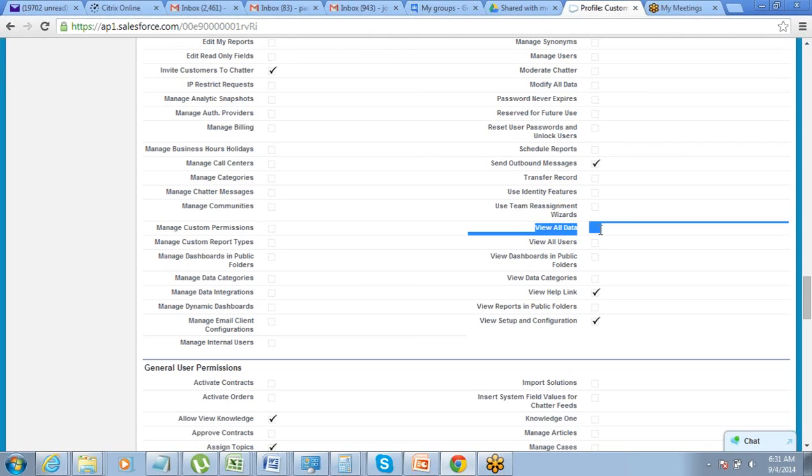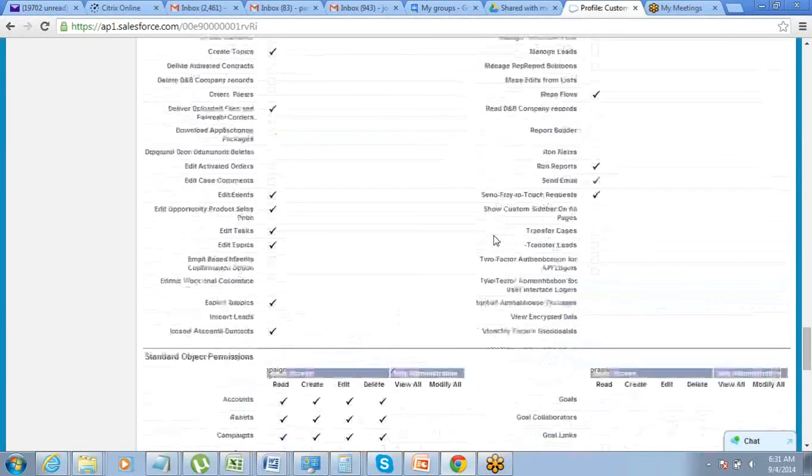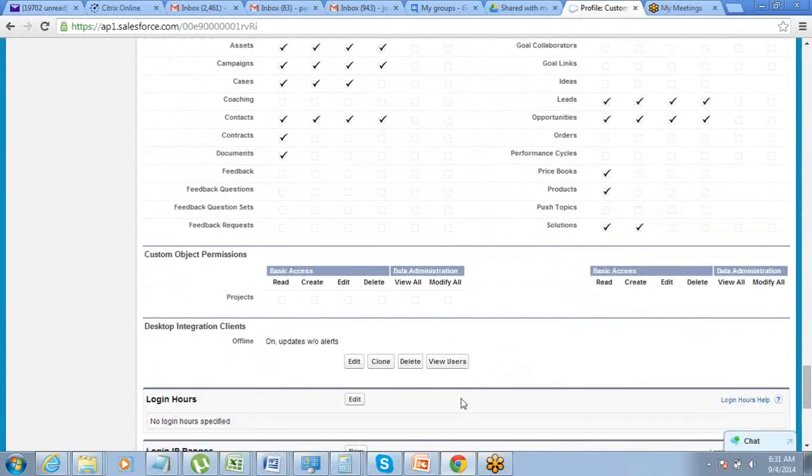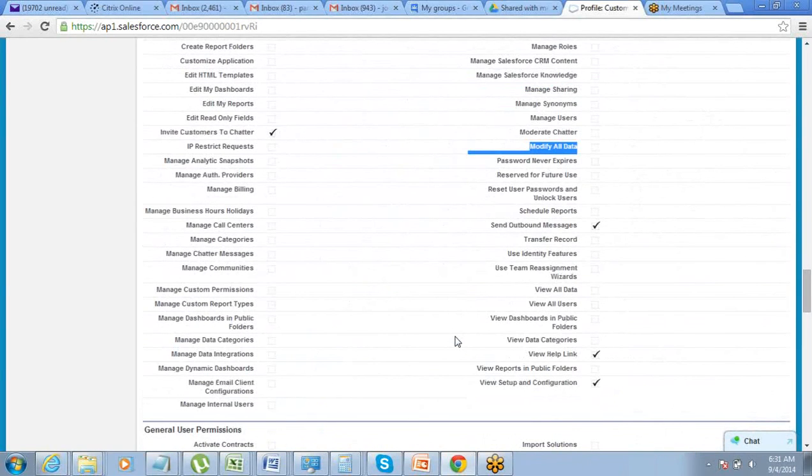If you are a system administrator or a database administrator kind of role, you might need modify all data, because you will need to make changes to all the records and everything. So that is how it is. Got it? So this is what we have on the admin access or the admin level permissions. Please let me know if we have any questions here. We are clear on this.